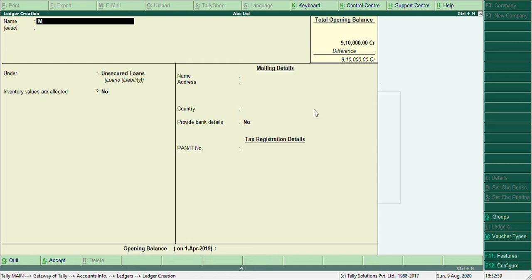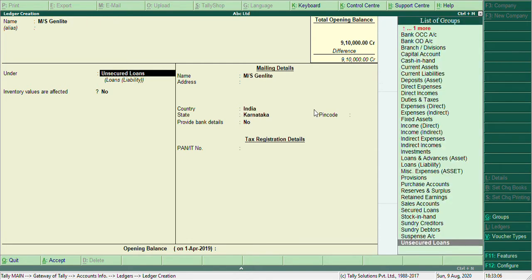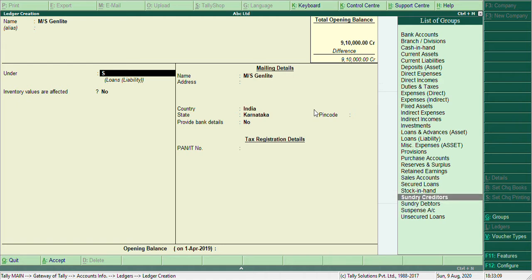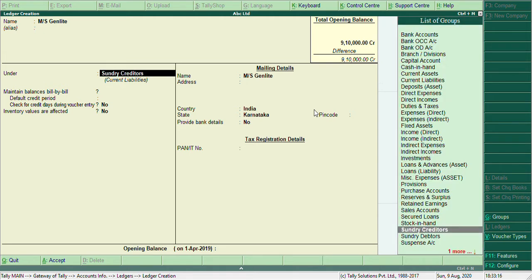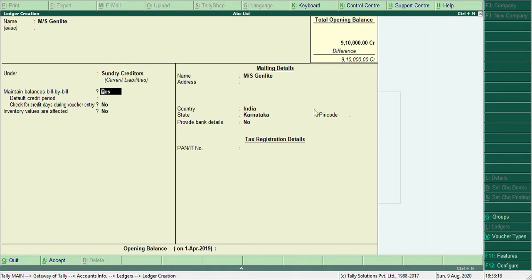The name of the sundry creditor here is Measure Genlight. Under the sundry creditors account, they are your suppliers. As soon as you select sundry debtors or sundry creditors, you will be asked to enter yes or no for maintain balances bill by bill. This is to enter their bill-wise details, so it should always be yes.